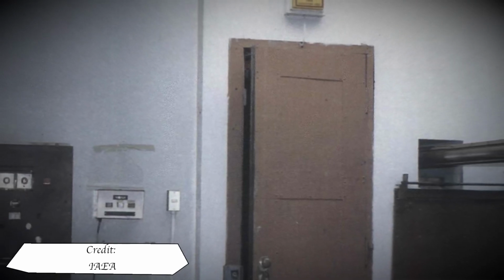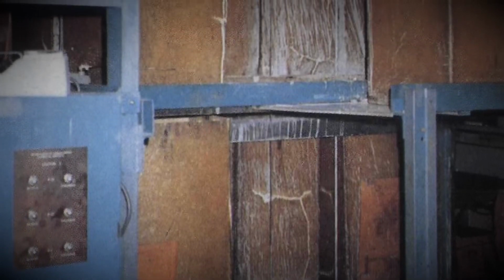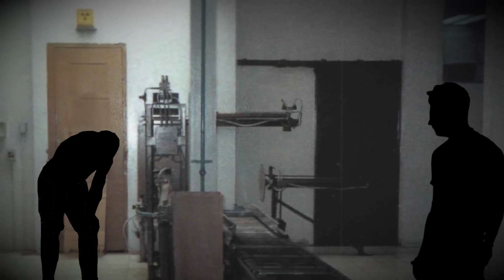Three men enter a room to clear an obstruction in an industrial facility. It is the 5th of February 1989. Not long after working in the area, they begin to experience headaches and feel ill. The men are working in an industrial irradiation facility just outside San Salvador, and they are experiencing the first symptoms